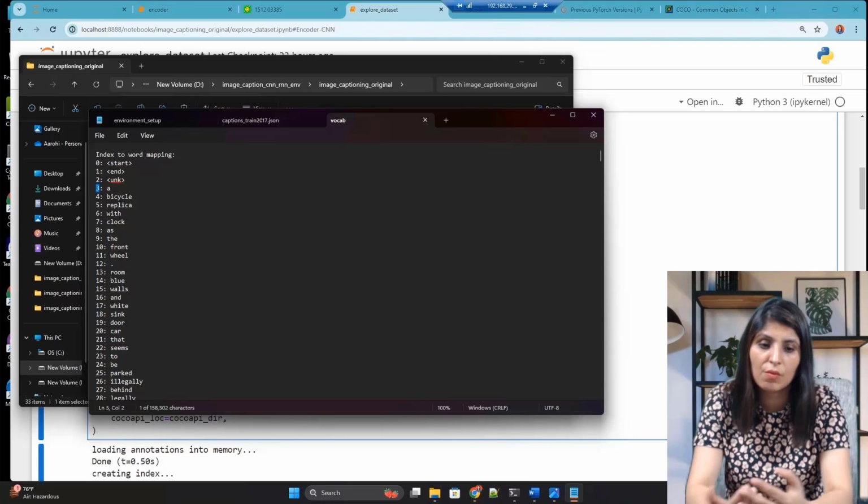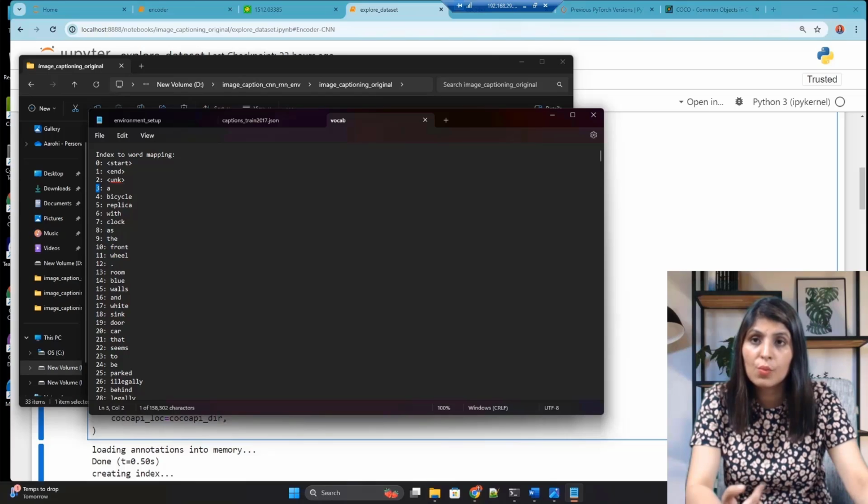Whether it is an image, we convert images into numbers. In the same way, when you are working on a text dataset, we convert our text dataset also into numbers. So we provide some unique IDs to each string. This vocab file shows you which ID is assigned to which string.